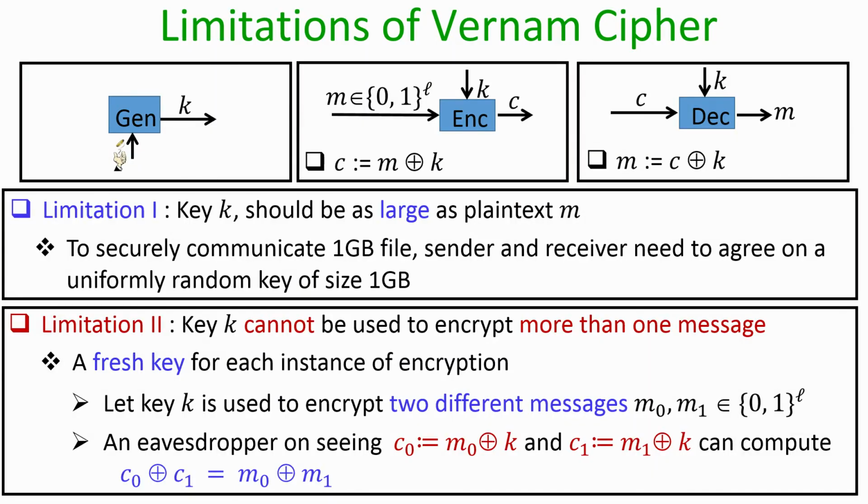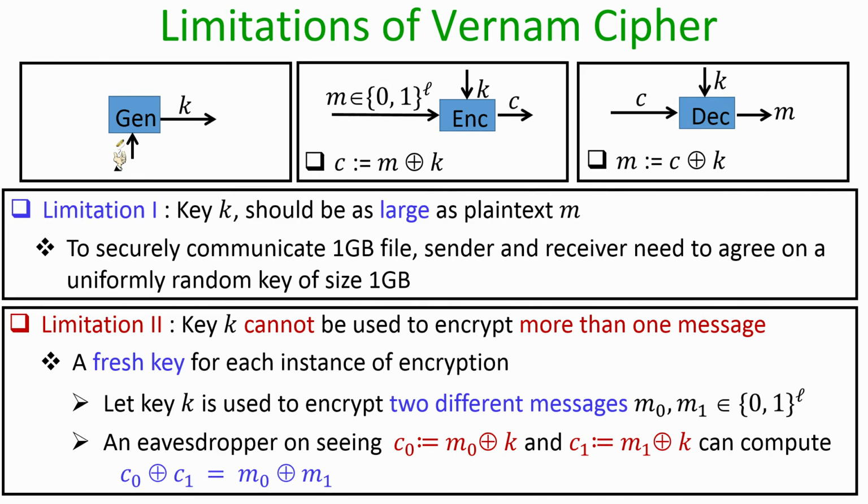Now what an attacker can do is the following. Since it has intercepted the ciphertexts C0 and C1, and it knows the relationship between M0, M1, k and C0, C1, namely that C0 is the XOR of M0 and k, and C1 is the XOR of M1 and k,